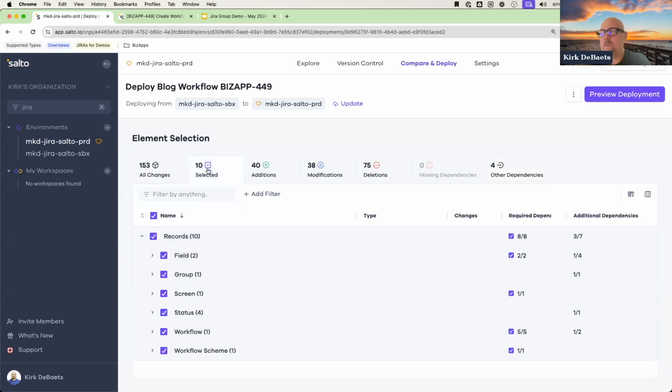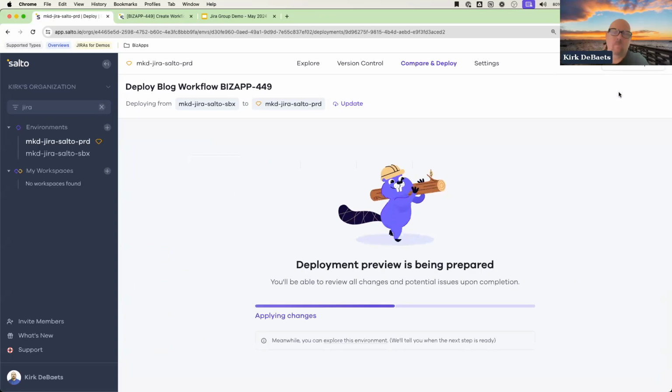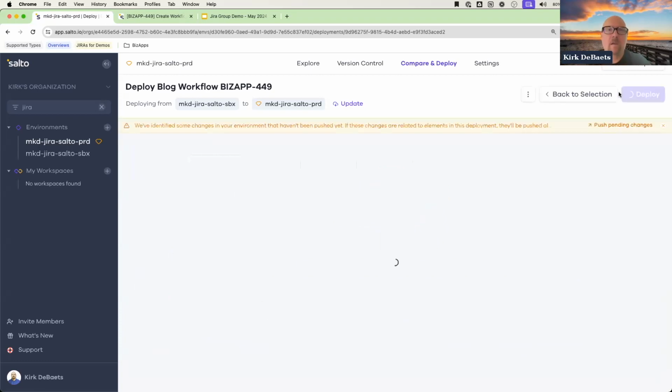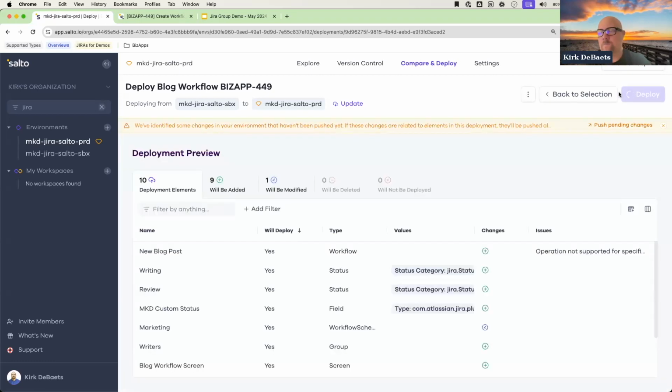Once we're happy with everything that's in our package, then it's just a matter of previewing the deployment. So we're going to do a few things here as we preview this deployment. First thing we're going to do is put things in order. We know that that workflow depends on those statuses, so the statuses have to go in first. The next thing that we're going to do is